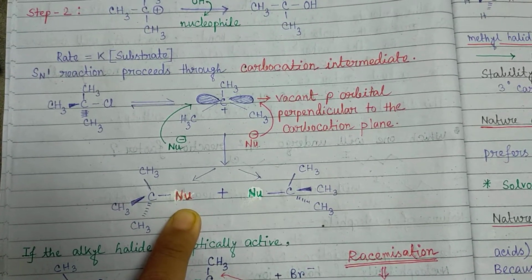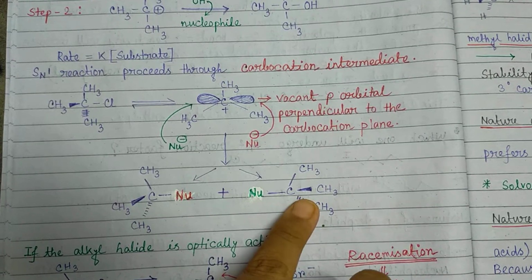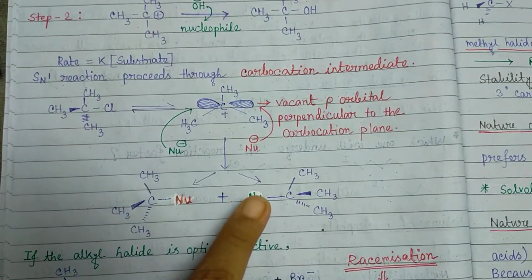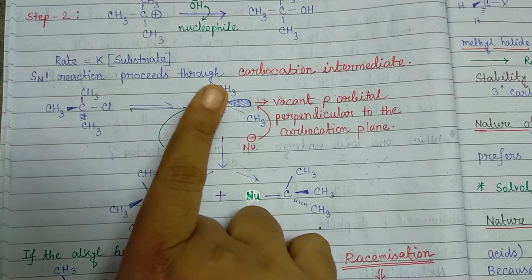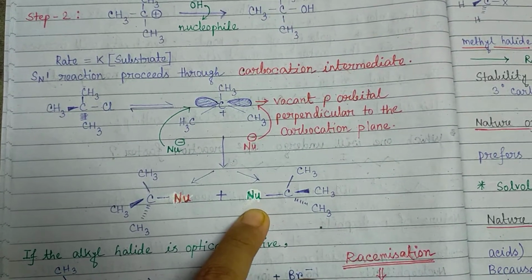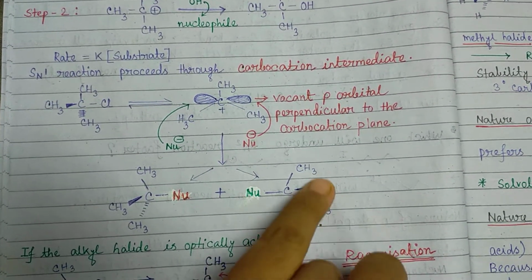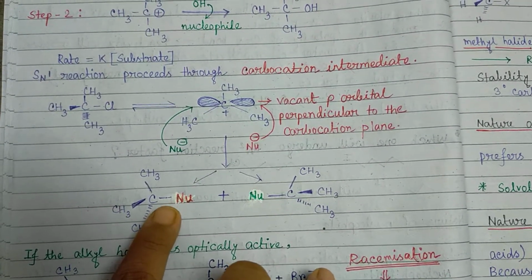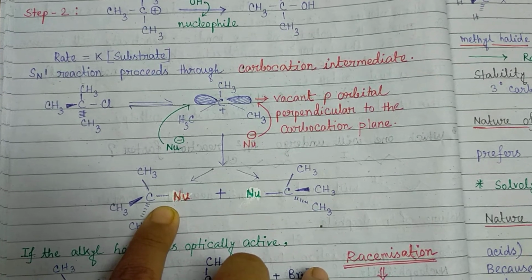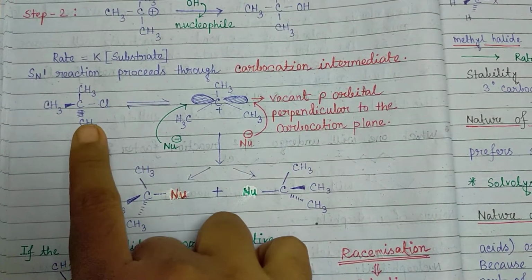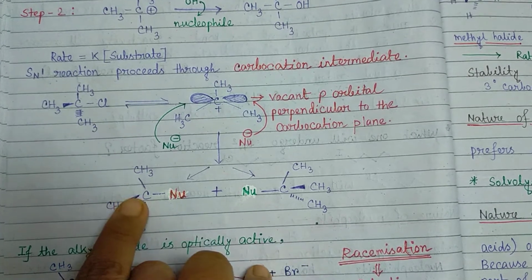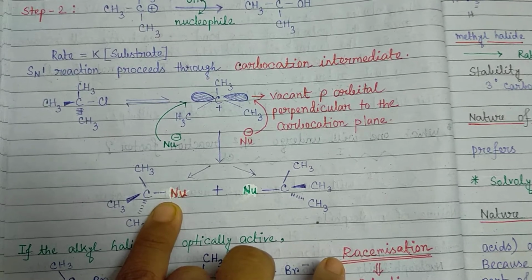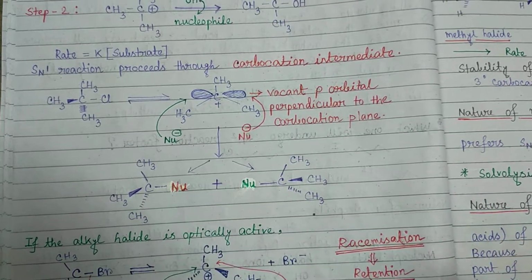Our knowledge from the SN2 reaction states that this product will be with inversion, because here the leaving group has left from the front side and the nucleophile has come from the back side. So this product will be with inversion of configuration, and for this one the configuration of the product will be retained, and the configuration of the product and the reactant are the same in this case. So this product is called the retention of configuration product.